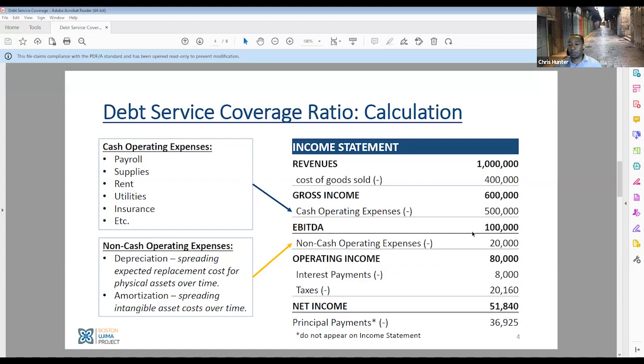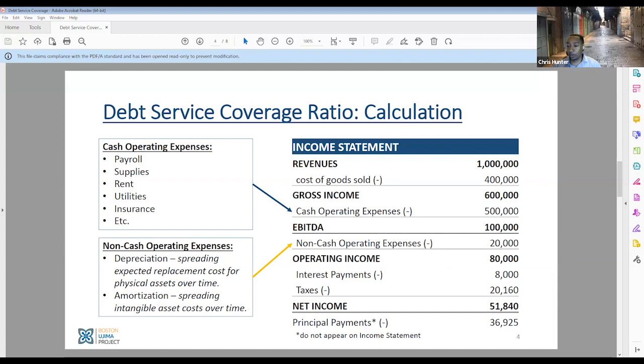Again, this number is the most important, but once we get to this number, there are still other things that the business needs to pay for. Those other expenses that I mentioned before, depreciation and amortization, are also considered operating expenses, but they're not cash payments. You don't need to pay depreciation. You don't need to pay for amortization of intangible assets. These are not expenses that the business needs to